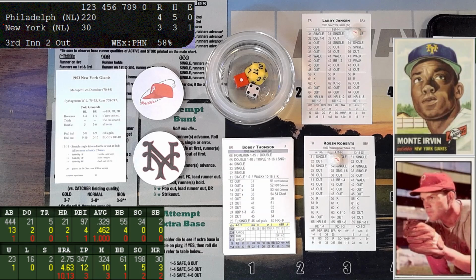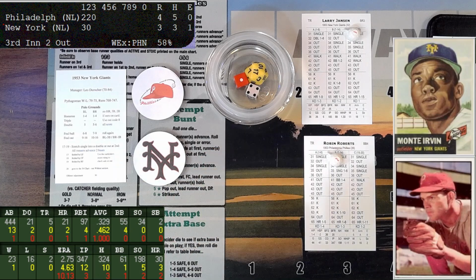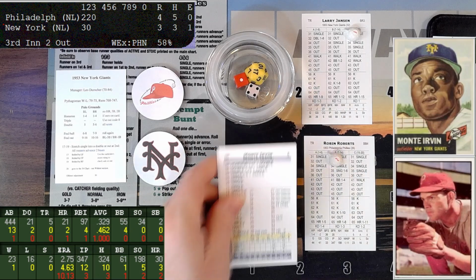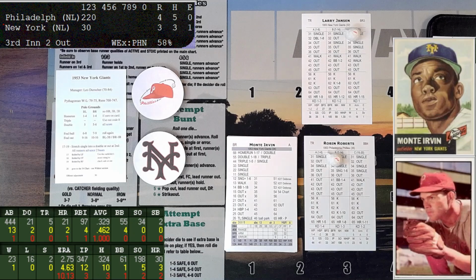So 2 out, 1 on first for Monty Irvin, who hit the second half of the back-to-back bombs in the first. Again, he's got 2 for the year, hitting .462. So right-handed Irvin,